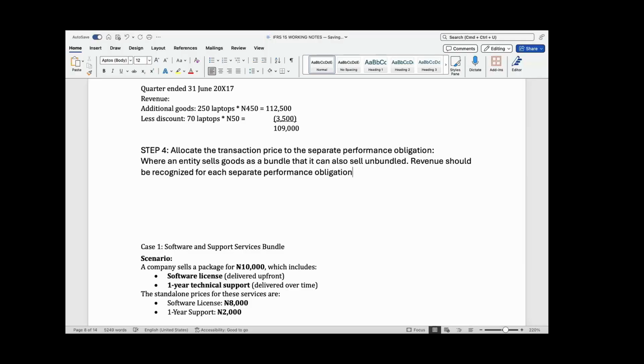But that 1 million, you need to share between the generator and the maintenance. You need to show that there are different revenue lines. Don't bundle it in your books. Yes, you sold it bundled, fine. But when you are recognizing revenue in your books, recognize that revenue for each separate performance obligation. And the amount received